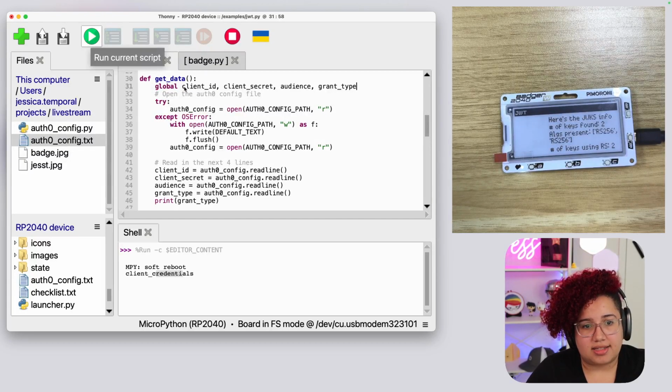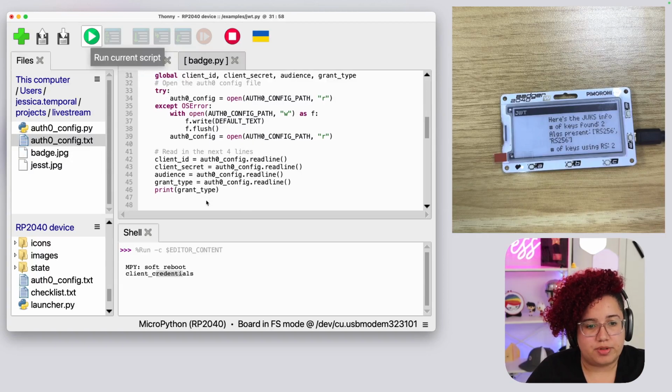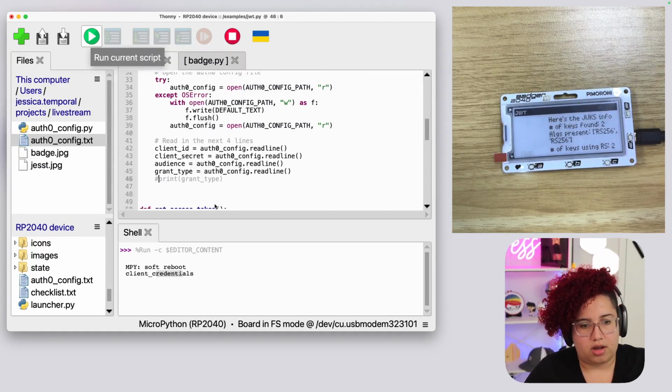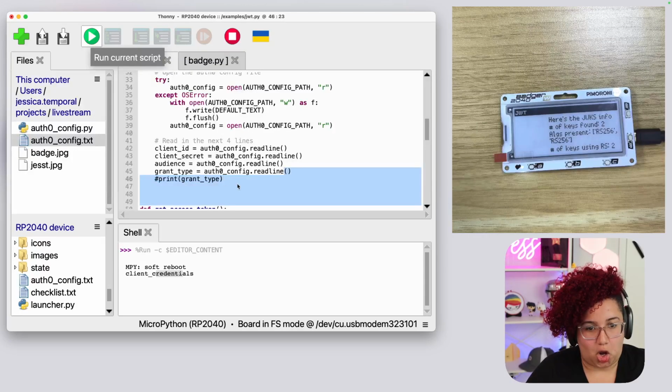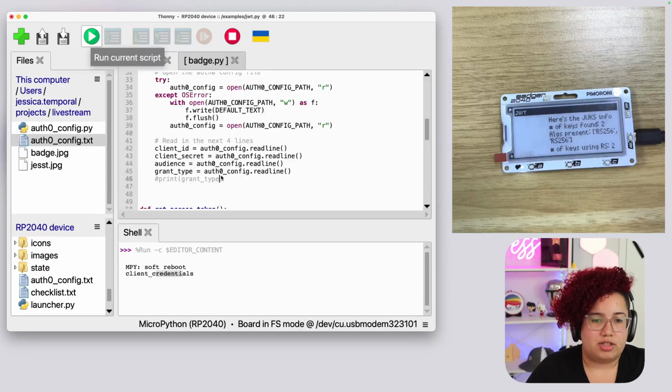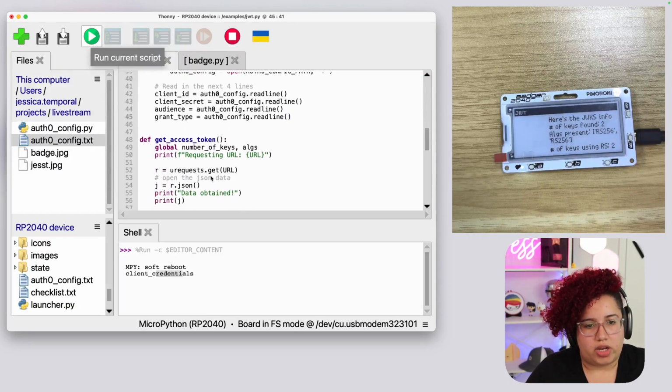Okay, so now I can access this from everywhere else in my script. And since I don't need to print this out, what I'm going to do is actually going to move this print for the other function to make sure that the information is available inside my other function. And here we are.